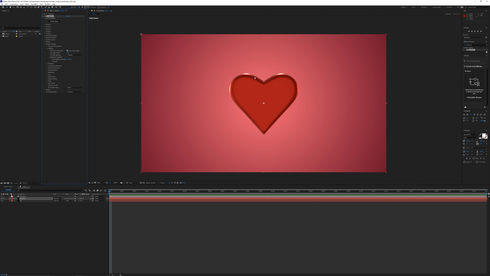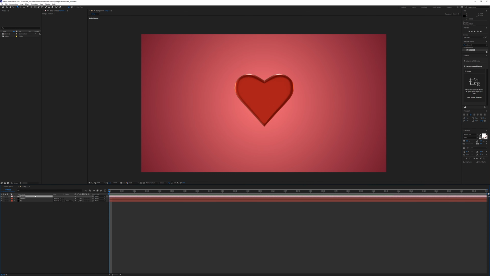All right, so for this next part, we're gonna need to rough out the animation of the heart exploding. And there are loads of different ways that you can do this. I'm gonna show you the settings that I use for it. And I'm gonna speed things up a little bit because there are a lot of keyframes that you can tweak, and you can continue tweaking them depending on what speed you want these to go and how much you want them to displace or scatter or whatever. So I'm gonna show you the settings that I used. I'm gonna speed parts of this up just so I don't bore you all to death.